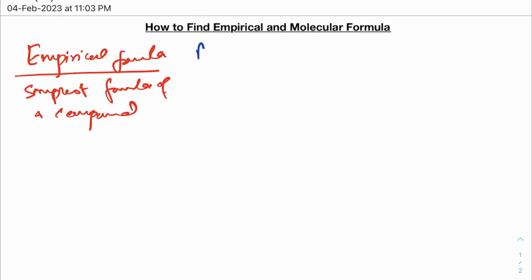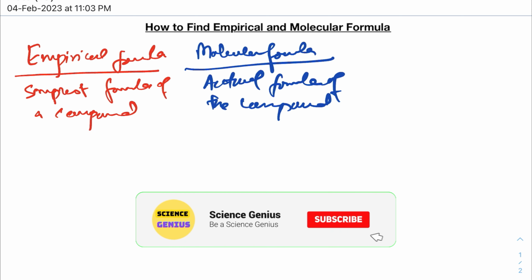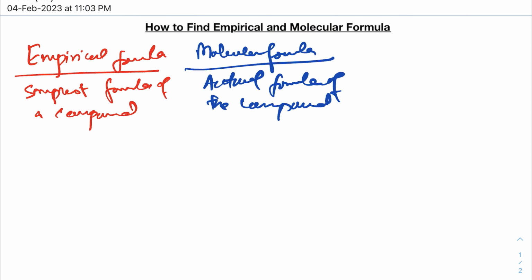However, the molecular formula is considered as the actual formula of the compound. So basically it tells about how many total atoms are present in the compound. So for example, if we take an example of glucose, we see that glucose has